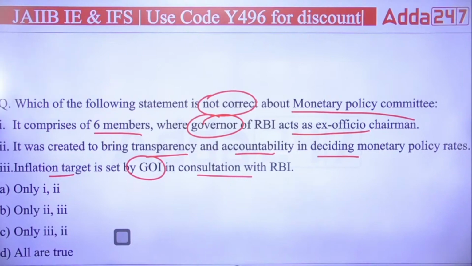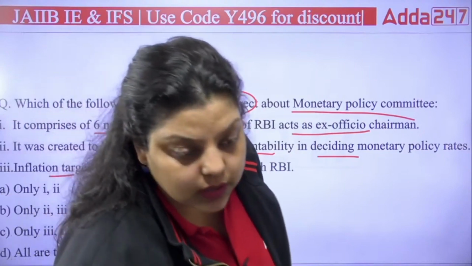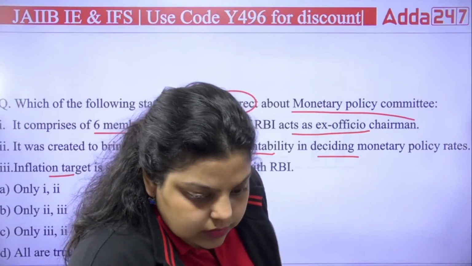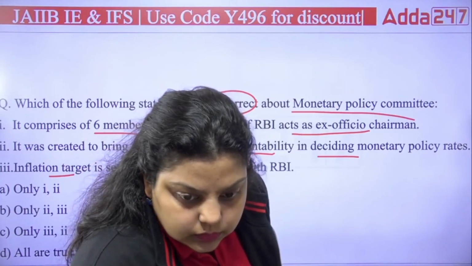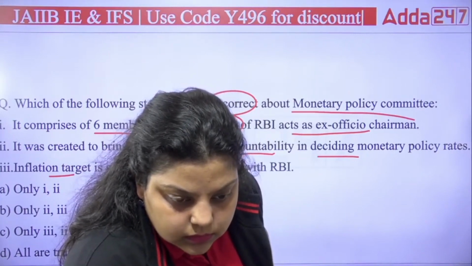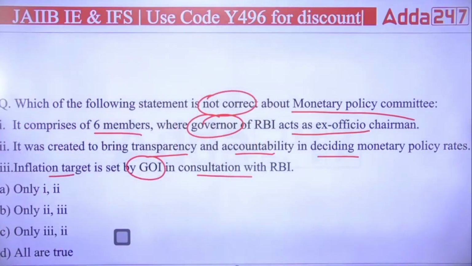And actually, the answer will be what? A, B, C or D. Which of the following will be the right answer? Let me know. A, B, C or D. Which of the following is correct?